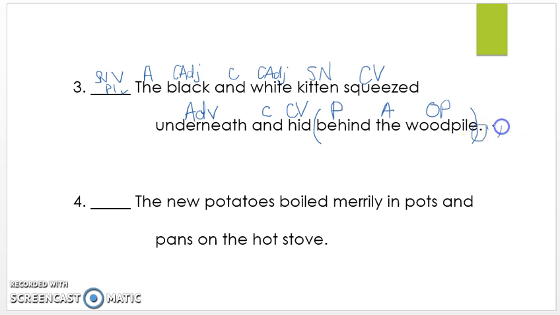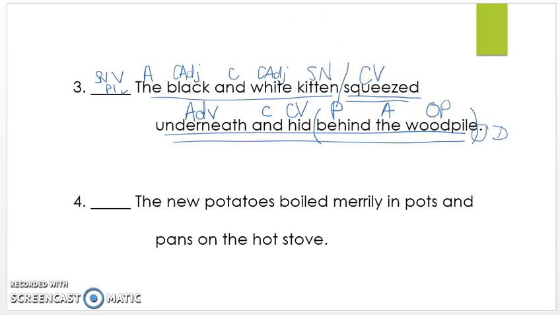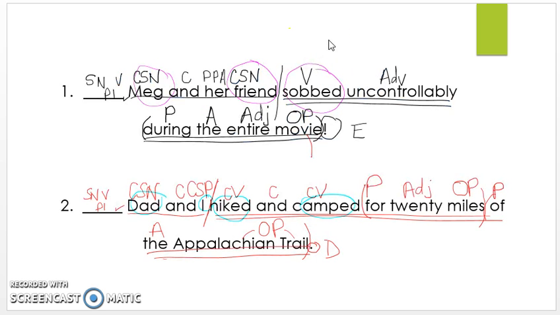Go to the end of the sentence. Period, statement, declarative. Go to the verb. There's two verbs, squeezed and hid. So we're going to put our dividing line before the first verb. Underline your complete subject once. Underline your complete predicate twice. That's all the verb and all the describing words that go with it. And let's identify our simple subject, which is just,